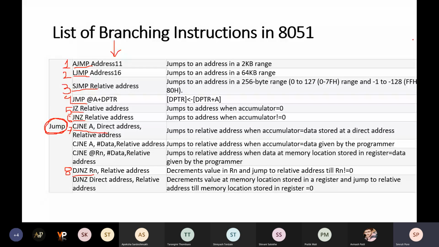The description is given there. Just for your information, I will give you the details.